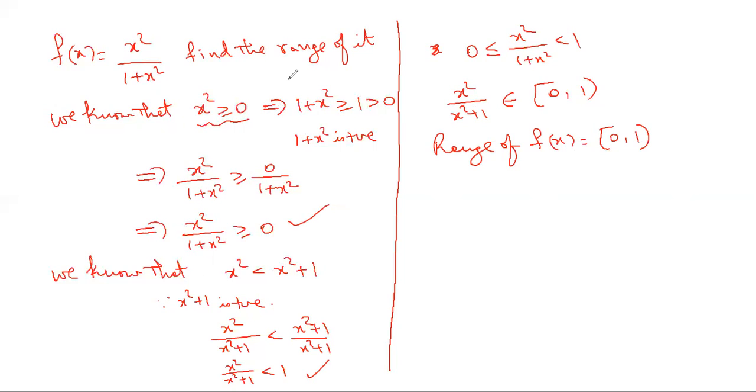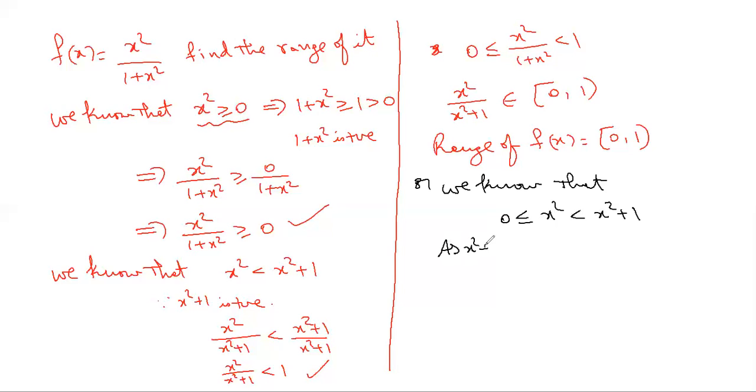We start from a known fact, and then we'll try to reach the expression given. Instead of doing it in two cases, we can start with an alternate. We know that, basically combining these two, 0 is less than or equal to x square is less than x square plus 1. Directly start with this. And here itself it is given that x square plus 1 is a positive number greater than 0.